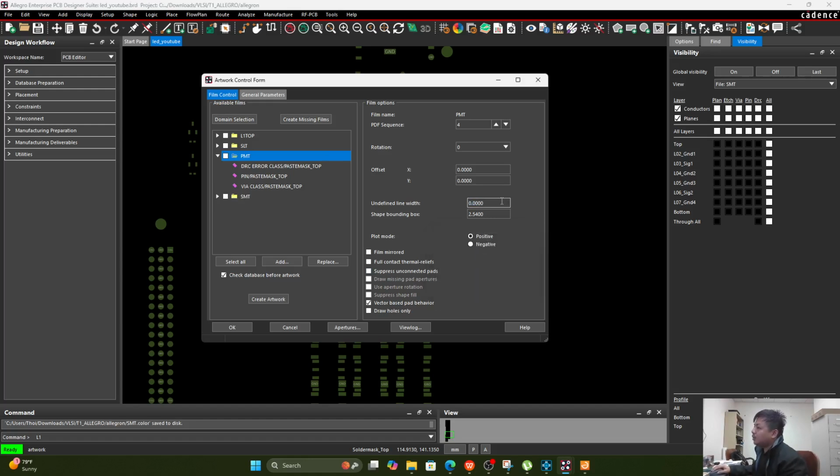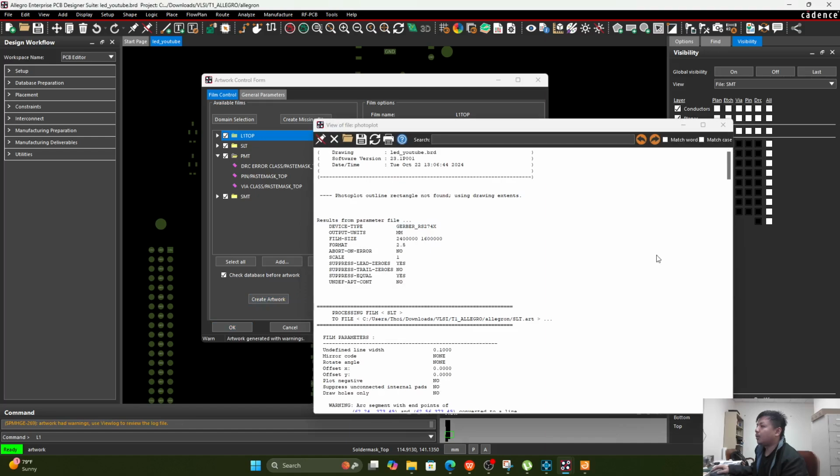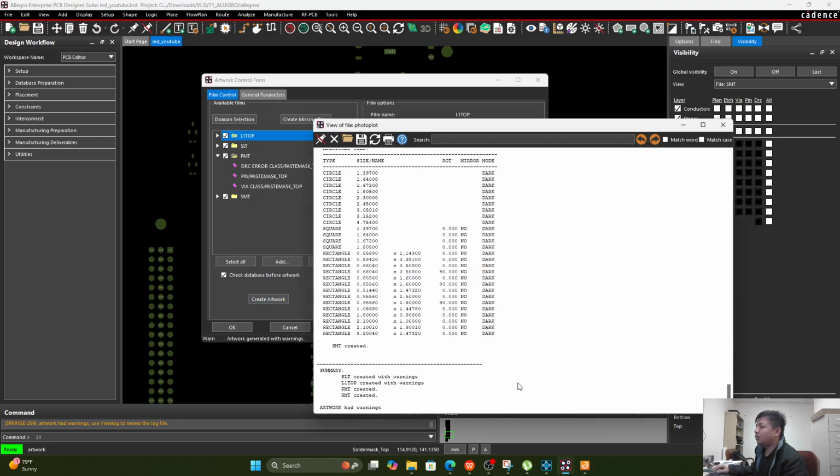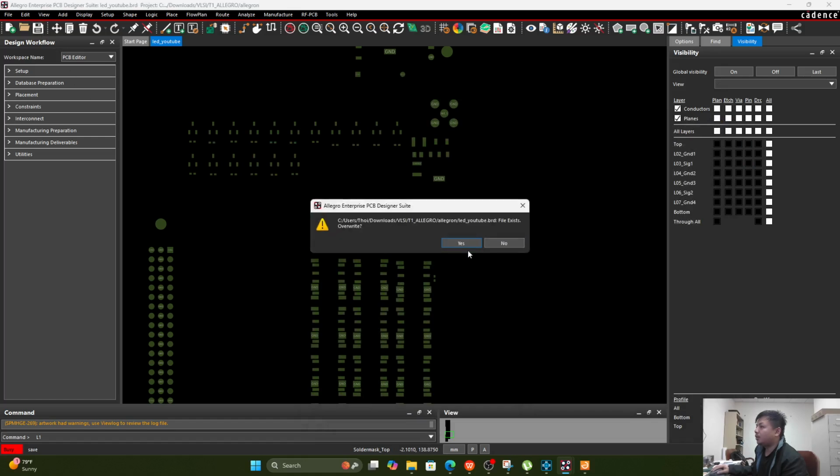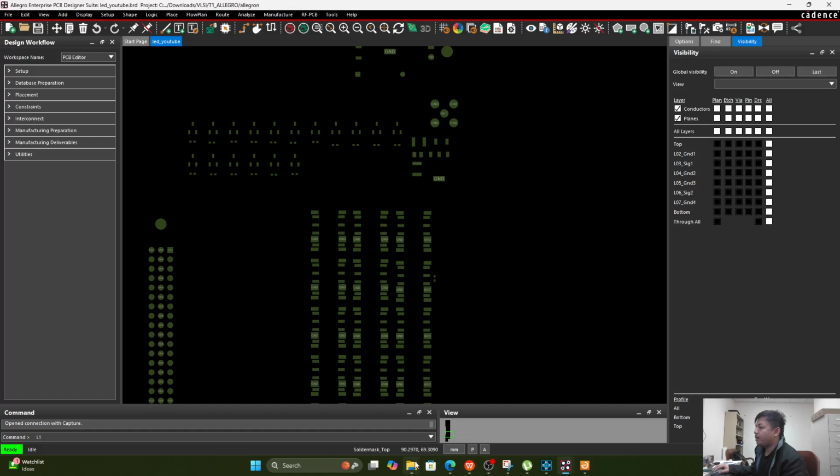Okay, change this to 0.1 and this to 0.01 as well. Yeah, I'm gonna select these two. Let's select everything in fact. Create artwork. Okay, let's scroll down and the summary is created. Yep. Okay, let's save it. Yes. And then